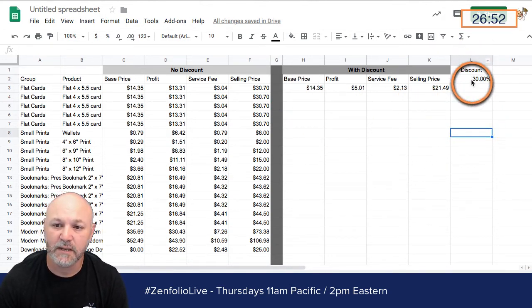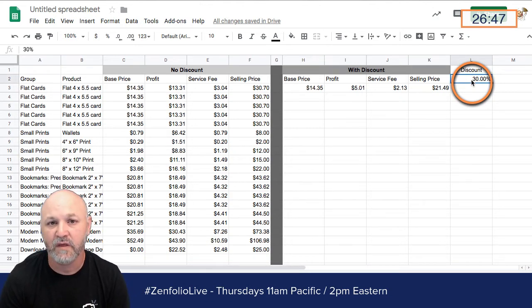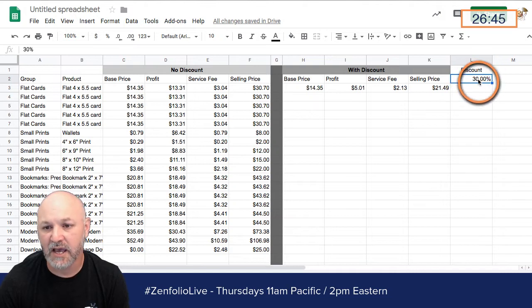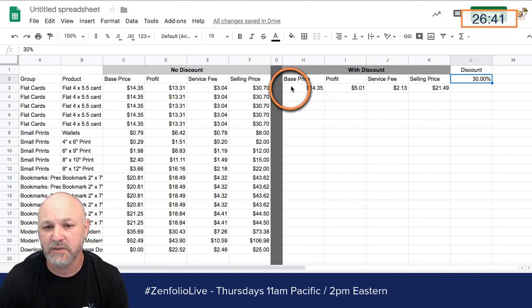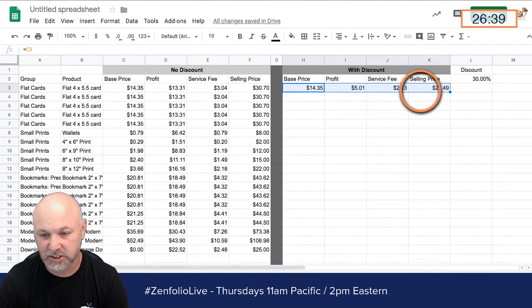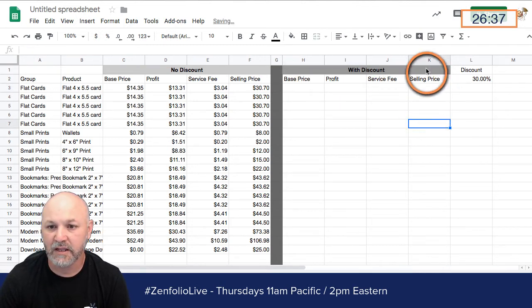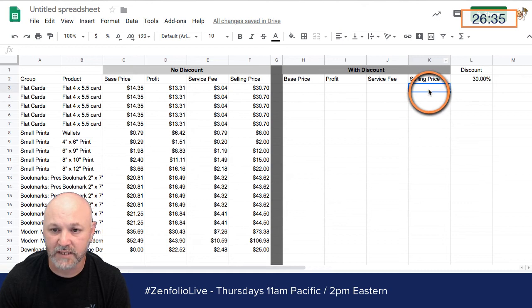So the first thing I did was put the discount amount up here. So for this demonstration, I'm just saying we're going to be working with a 30% discount. So I have 30% up here. And then, let me just clear these out so I can show you exactly how I did it. All right. So the new selling price